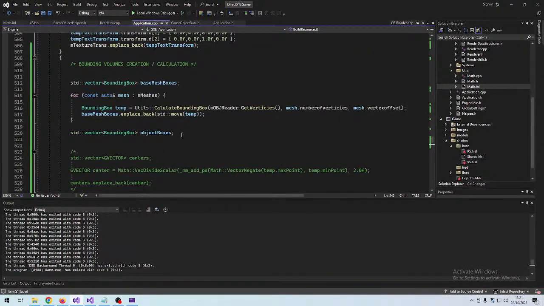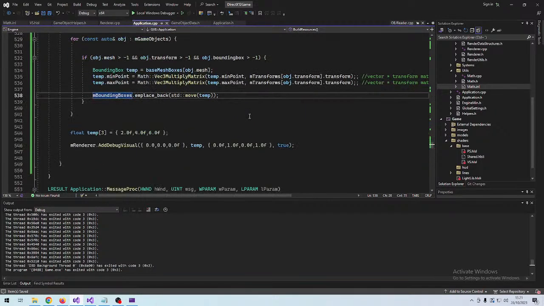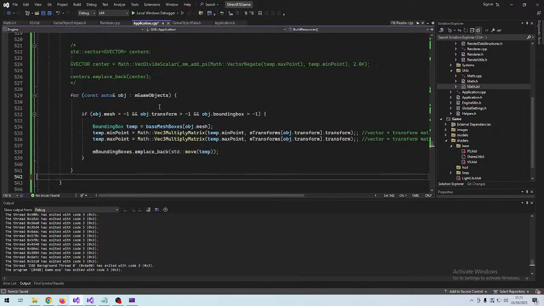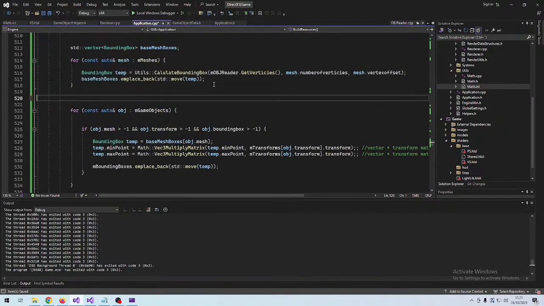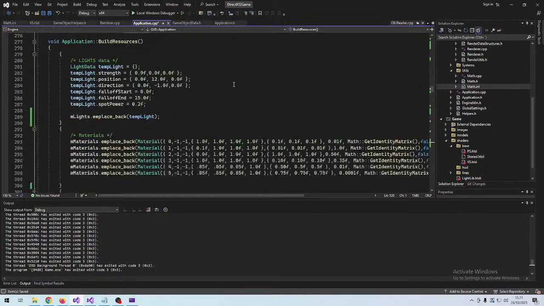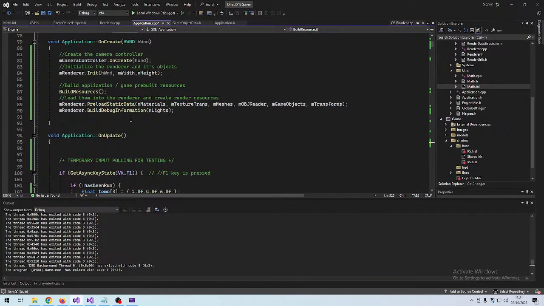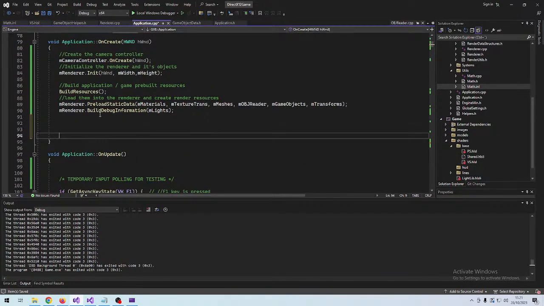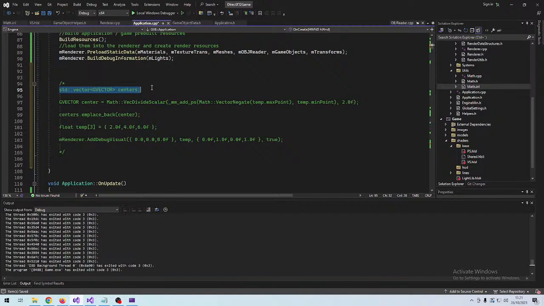So instead of using that, we do place it like that. We move this code someplace else after we initialized our data. So now we just create the bounding boxes, calculate them, and then after we're done creating all our stuff and setting up the renderer and creating our data structures for whatever debug we might want to use, we would like to